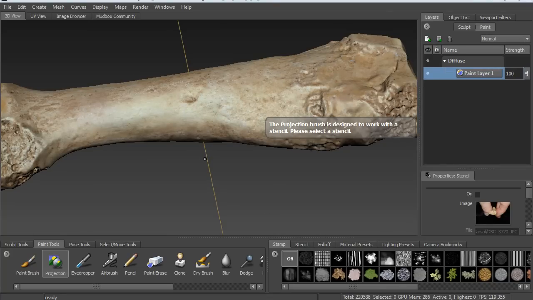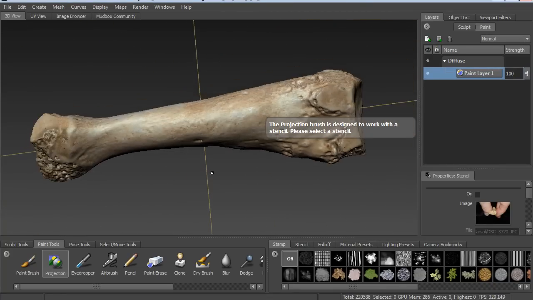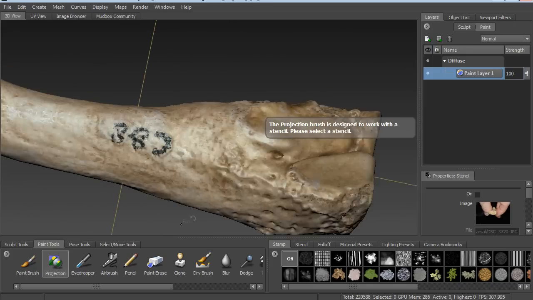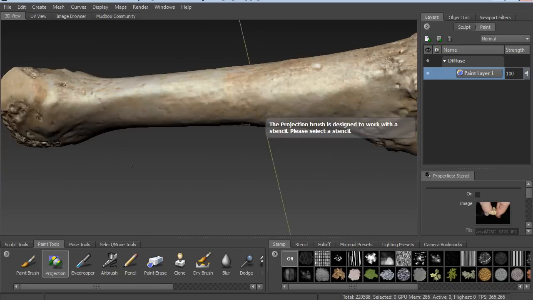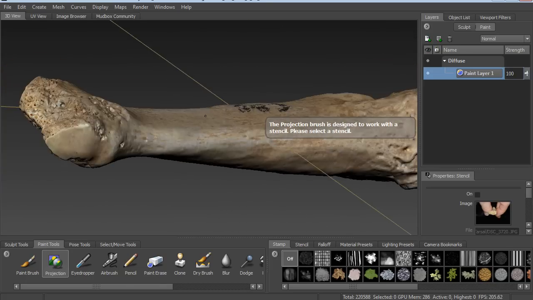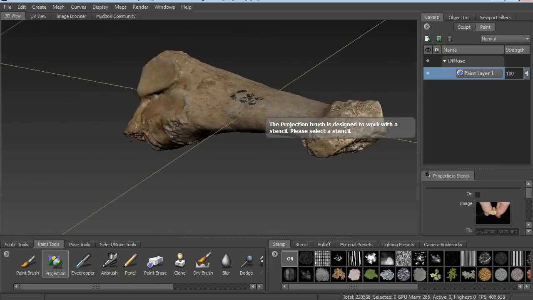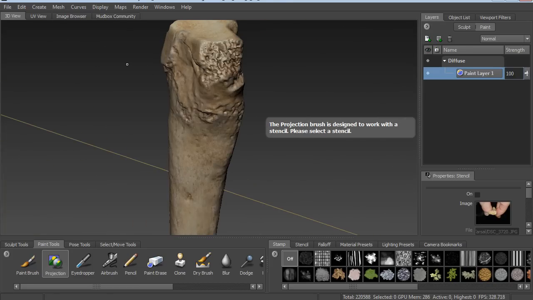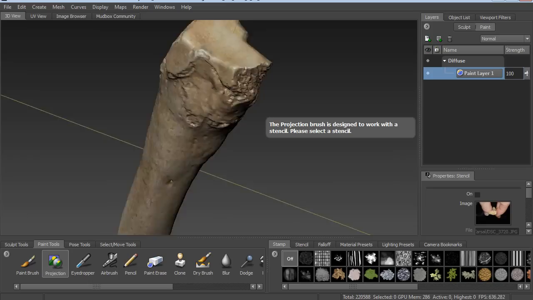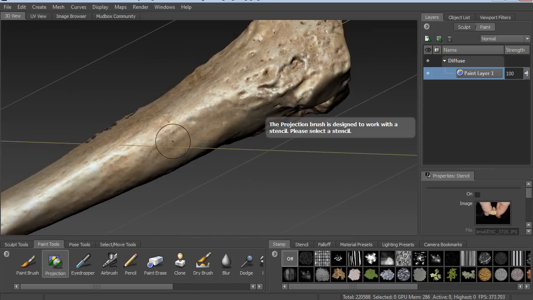Okay, so now as you can see, I've textured the entire bone and got rid of the stretching around the edges by painting from a different angle. And another thing you'll want to watch out for, there aren't so many in this particular bone, but some objects might get different parts occluding another, and when you use a texture it might have a shadow, so you might be painting on a shadow, so you want to avoid painting on shadows because